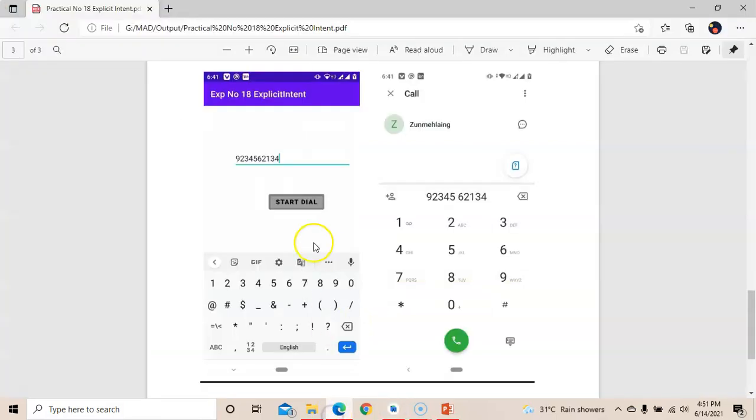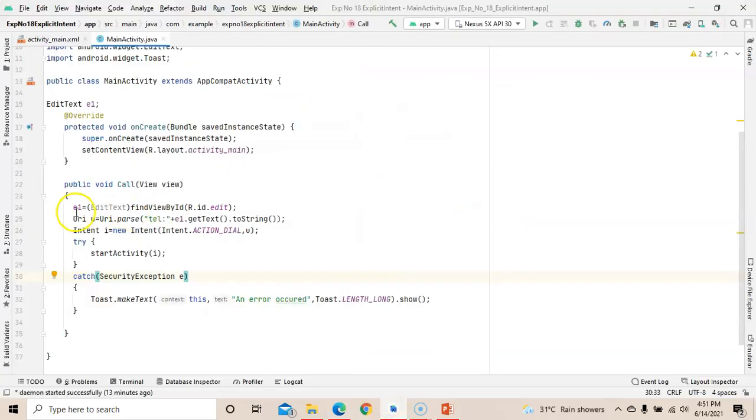As you can see here, we have entered a number. We pressed on the start dial button. When you go to the phone dialer, the number automatically came here. You don't need to type it again. So for this we need to save the number in the U object.